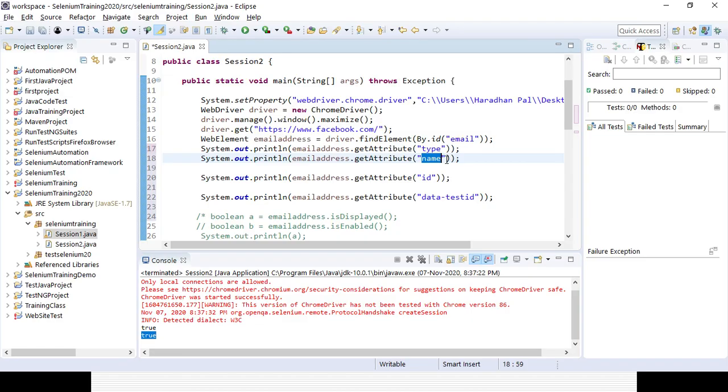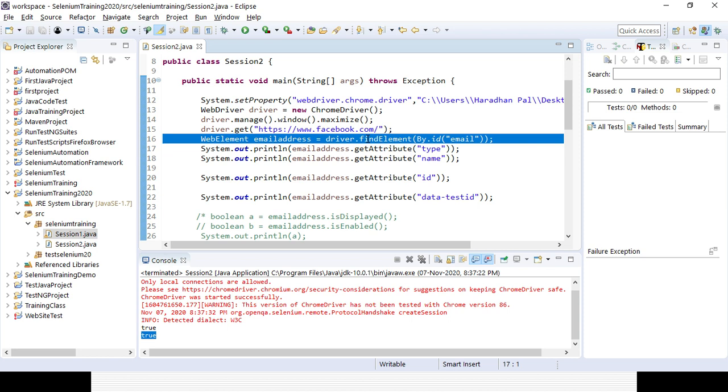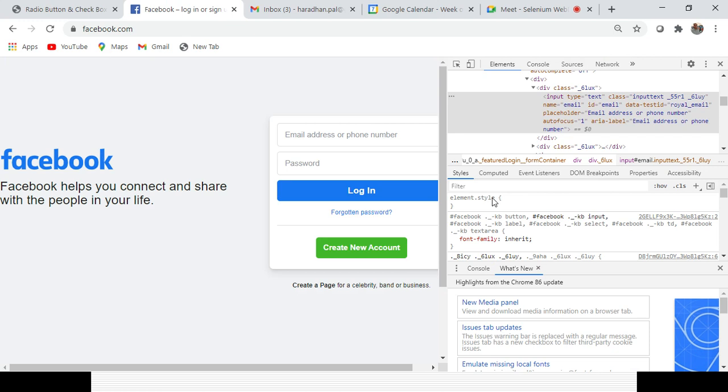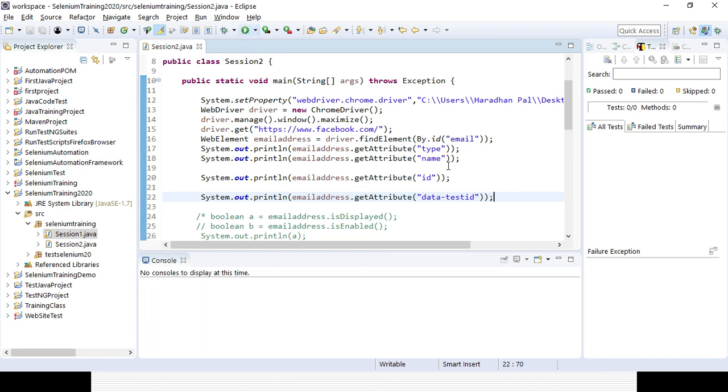The output will be displayed because I want to get the properties of that particular field as my output. Obviously, whenever you code, you only get the ID after you have inspected the element, but you will not inspect the element every time. If you want to get all the attributes available for that particular field, it will vary, because each and every field will have different attributes. I already told you, whenever it is a text field, your tag will start with input. That is the differentiator, the input tag. Now if you run the code, you can see four outputs will come: first the type, then name, ID and data-test-id.